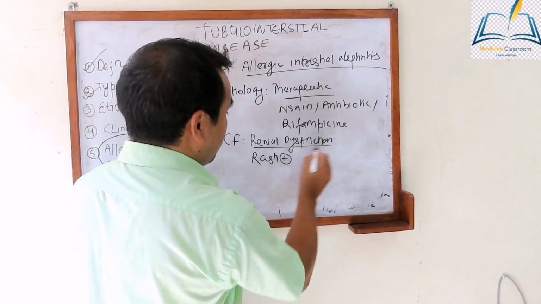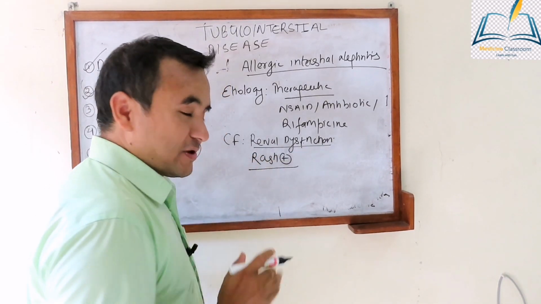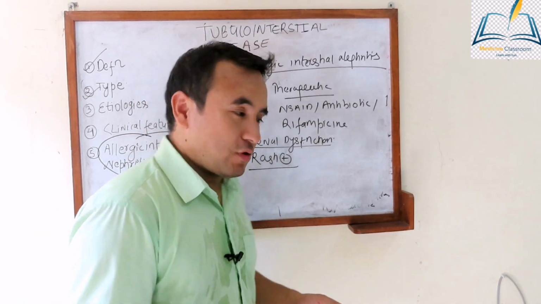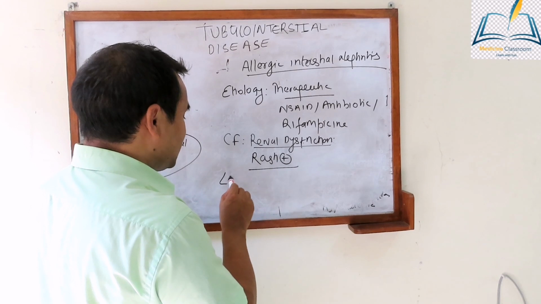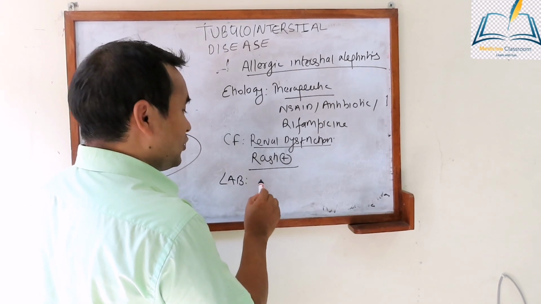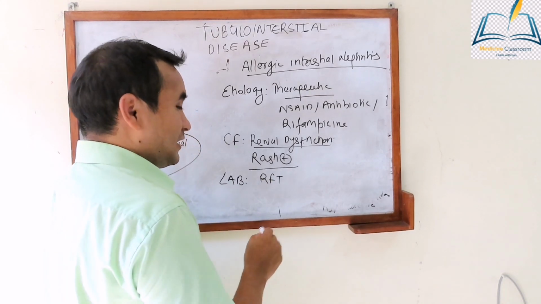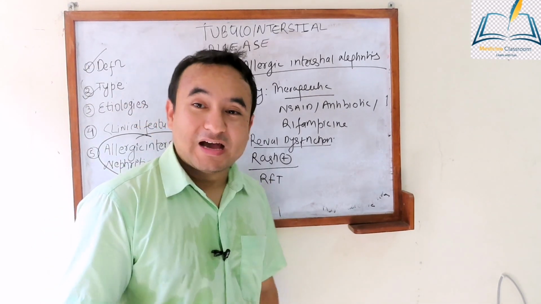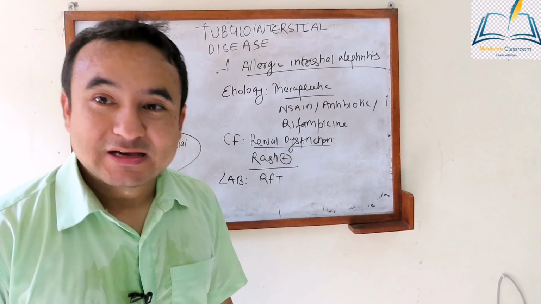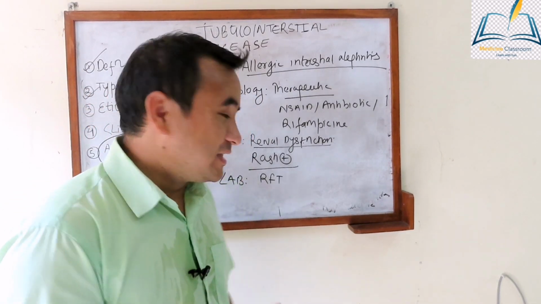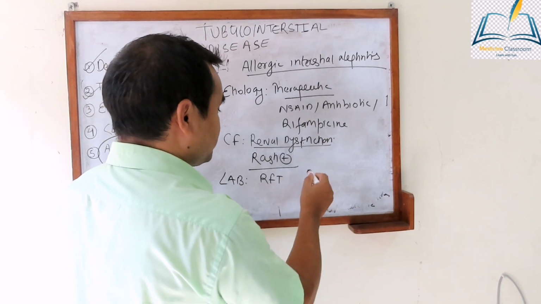So these are the two common clinical pictures: renal dysfunction and rash. In lab analysis, when you do the renal function test, there can be derangement, like elevation of urea and elevation of creatinine, but that is not more specific, and not more sensitive to the